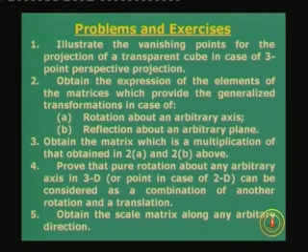The last question is, obtain the scale matrix along an arbitrary direction. This is interesting because the scale matrix which you have thought of is a generalized scale matrix which will scale in all directions, or we have scale coefficients along x, y and z. Now, if I say scale along a vector 1, 1, 1, or any arbitrary vector I give which gives you the direction cosines along a particular direction, I will ask you to scale along that particular direction. That means, I am asking you to derive in the last question a generalized expression or a generalized transformation matrix for scaling, like we did for rotation, reflection,